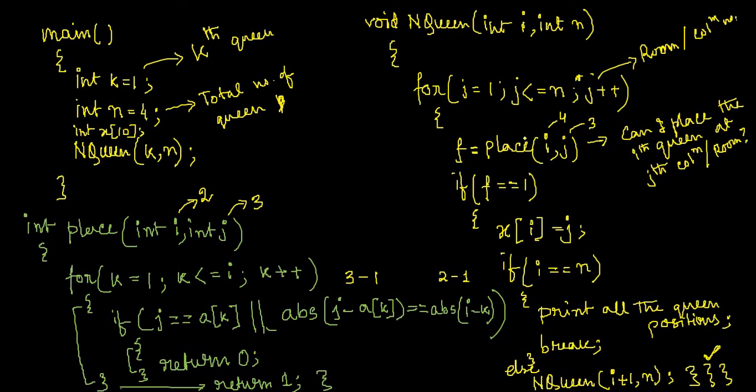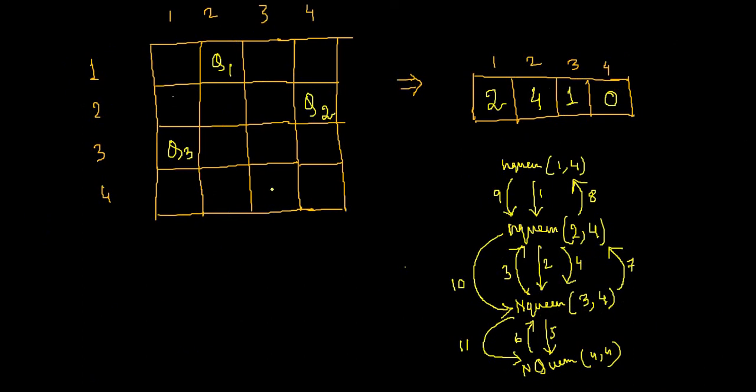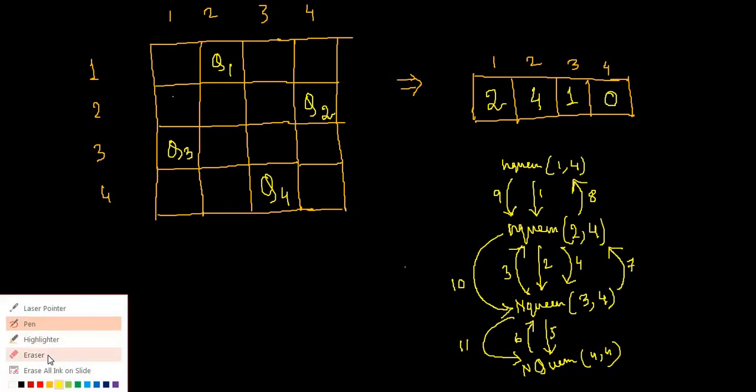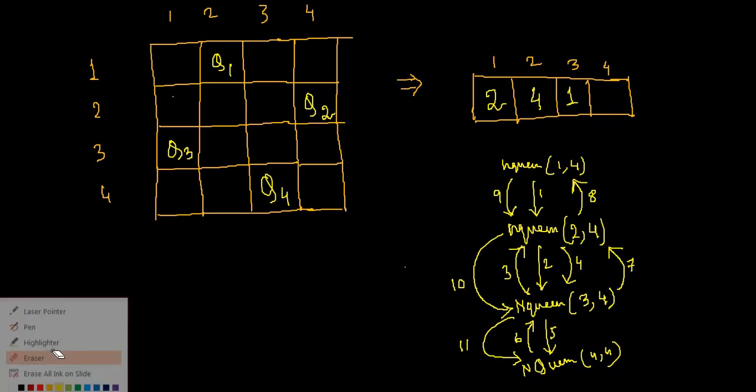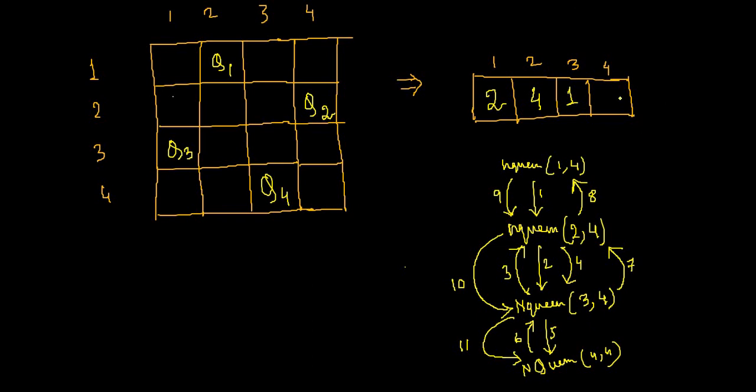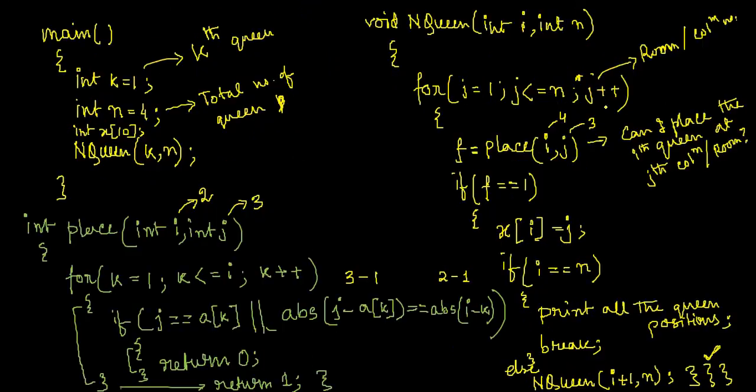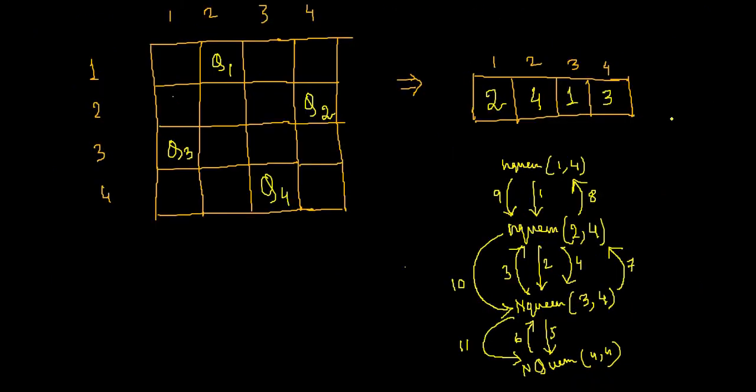And I can place over here, that means you have placed this fourth queen over here, as if you have placed this, 0 now will be replaced by 3. And you see, since now this particular criteria will be true, because I was trying to place the fourth queen, and I have placed them, that means I have placed all the queens. So I will print all the queen positions. How? Basically, I will print this particular array.